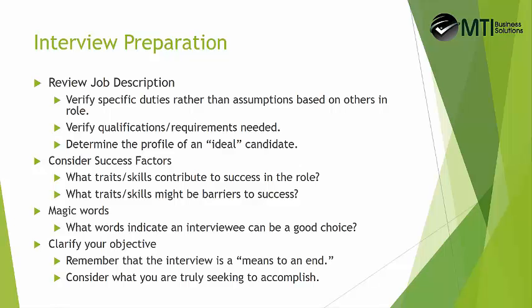So that's a good starting point for getting a sense of what the ideal candidate for the job you're trying to fill might look like, or how that person might come across in an interview. But just looking at the job description isn't enough, because it doesn't always tell the whole story. This is something you could incorporate into those conversations you have with people who are in the jobs now, or if there aren't people in the jobs, maybe people who have managed that job in the past. And consider success factors. You know, what traits and